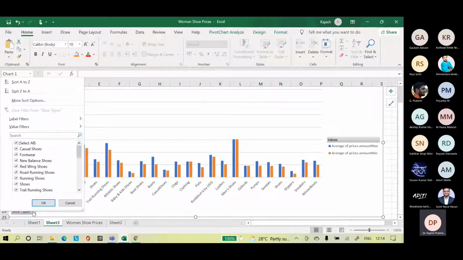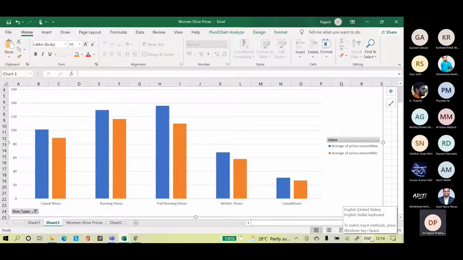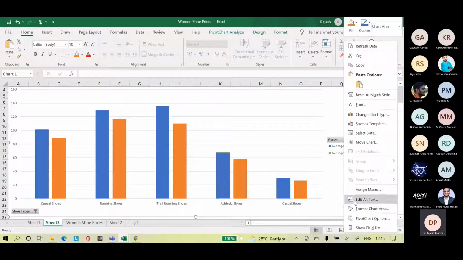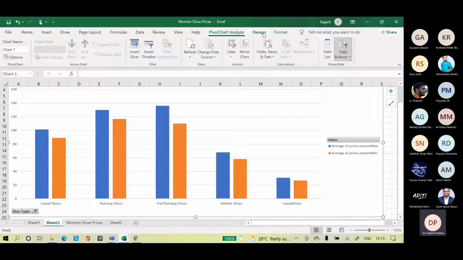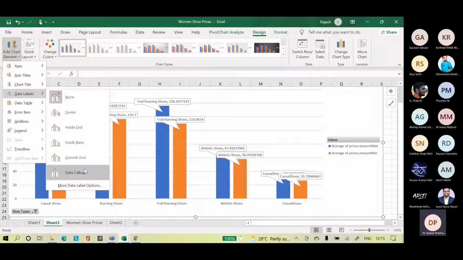You can reduce the shoe types also if you want. I want only casual shoes, running shoes, trail running shoes, athletic shoes. There's one more category, casual shoes here. So you can see the max and the min price comparison here. You can add the data labels also if you want: Design, element, data labels, color.